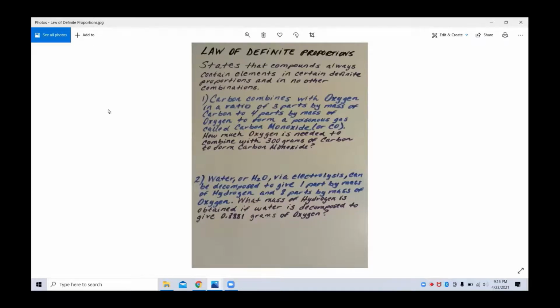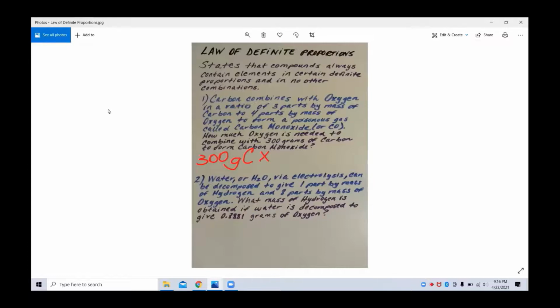Well, let's really look at this. Let's take the 300 grams of carbon, and I'll work out the rest of the problem to the side over there, because I know I'm going to run out of room here. So we're going to take the 300 grams of carbon, and we're going to multiply those by, well, now visualize this part in the numerator, because that's where it's at, the 300 grams of carbon. And you need to come up with oxygen, so you know you need to get rid of the grams of